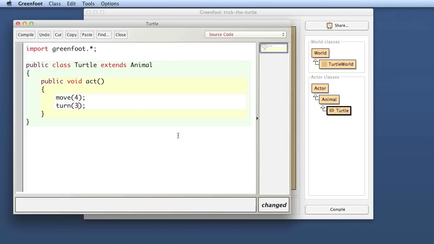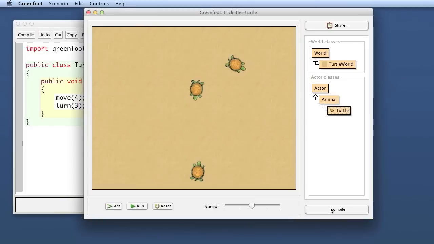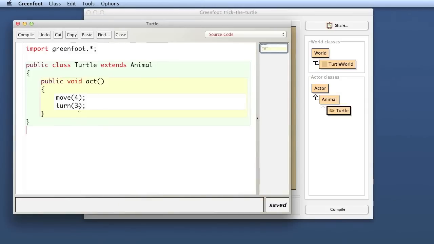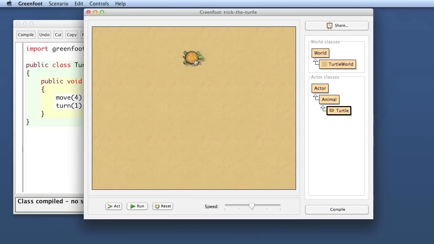If we make it turn only 3 degrees after every step, compile that again, place the turtle in again, and run. Now it runs in a somewhat larger circle. Or if you want a really large circle, we turn only 1 degree with every step. Place this turtle here, and it runs in a really large circle, and then it hits the edge of the